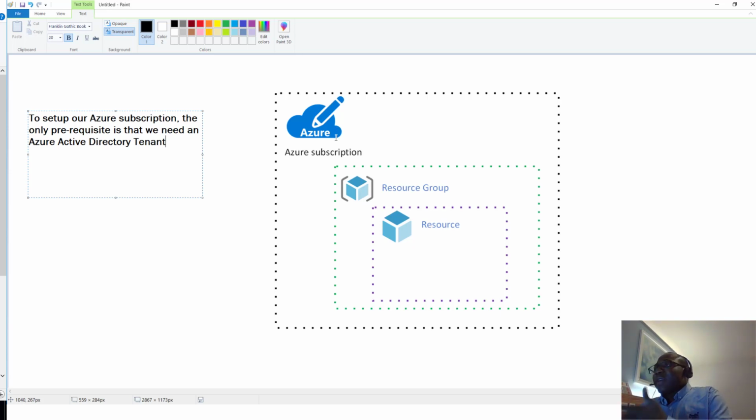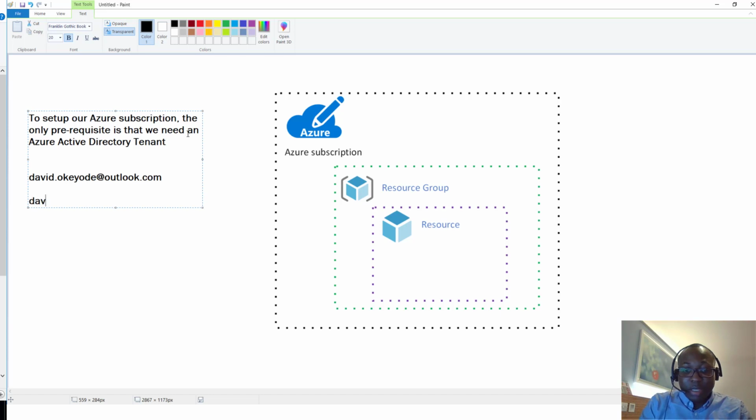If I don't have an Azure Active Directory associated with that, as part of the process, it's going to create an Azure Active Directory tenant for me. Let's say my email address is david.kayode@outlook.com, and I'm creating a brand new subscription and I don't have an Azure Active Directory tenant associated with that. What it's going to do is set up a new Azure AD tenant that's going to be